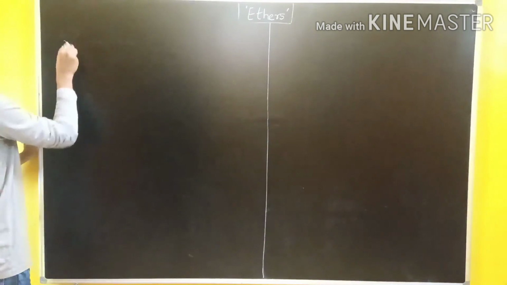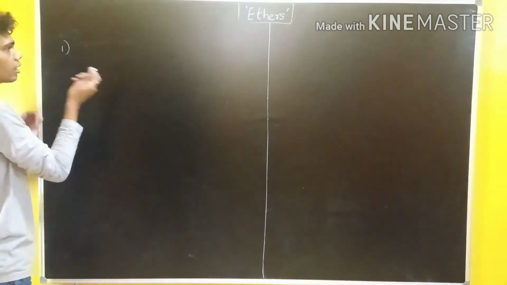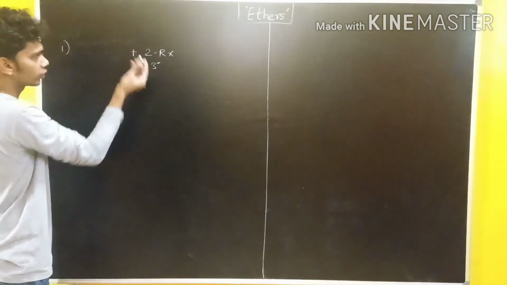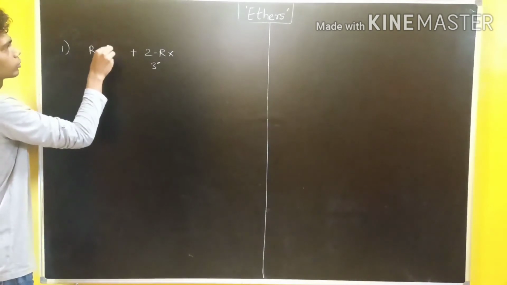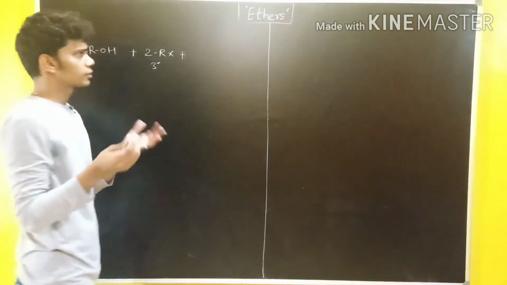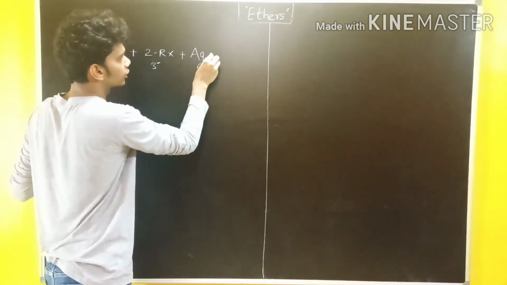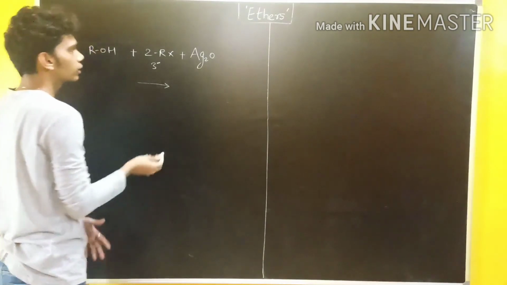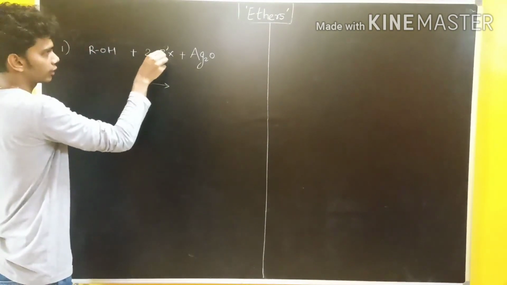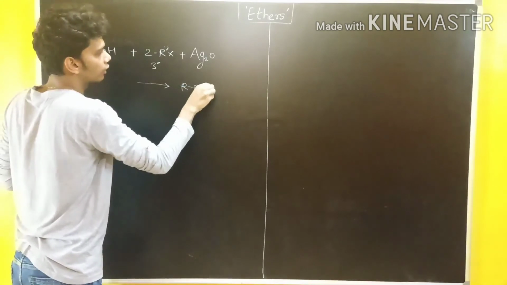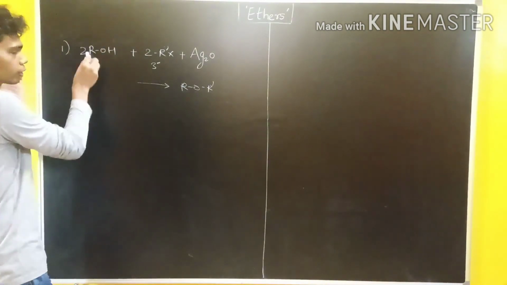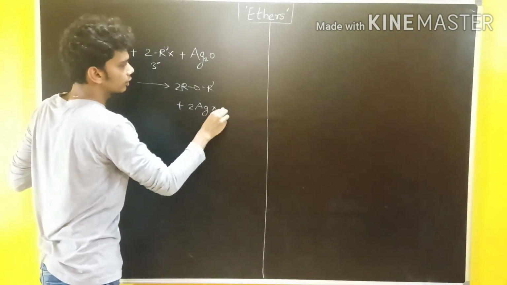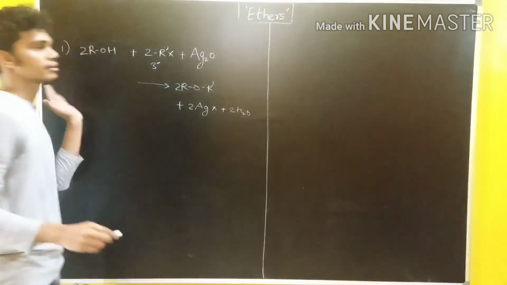So what is the process known as? In that process, your alkyl halide should be tertiary, along with alcohol. We are going to use that, and an additional catalyst will be Ag2O, silver oxide. Then only you will get your ether, R O R dash, generated. Two molecules of alcohol should be there, so this is also two molecules, giving 2 AgX along with 2 water molecules. This is the general format.